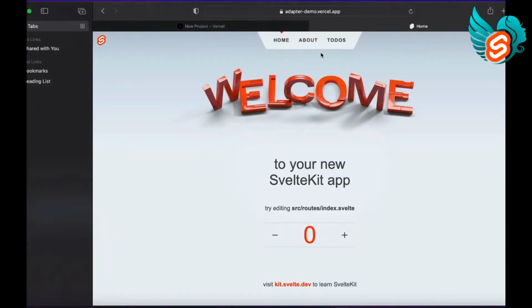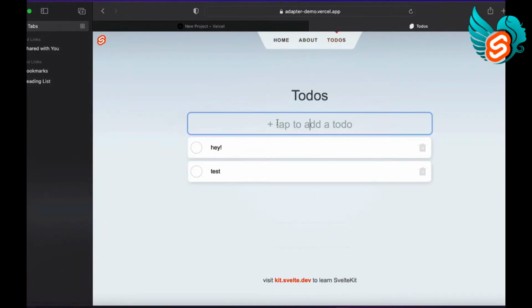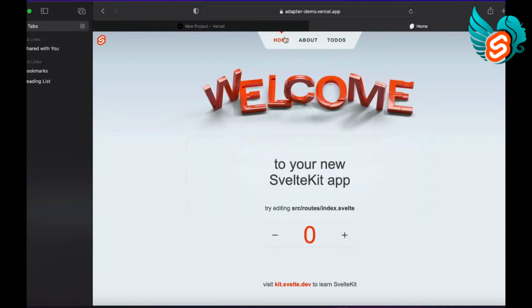So here we have our app. We still have our homepage with the counter component, our about page, and to-dos. We can add some to-dos and check them off. So it looks great. And this is being hosted at our default Vercel domain, which we could change if we wanted to. So you can see that deploying to Vercel with Adapter Auto is extremely simple,